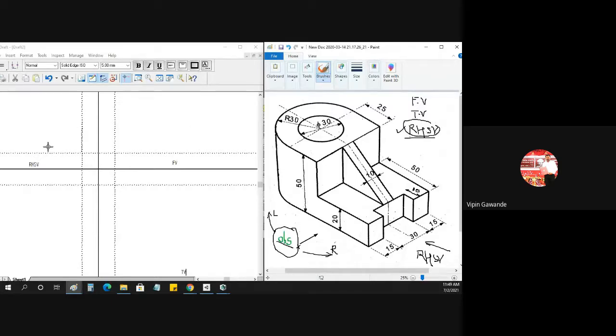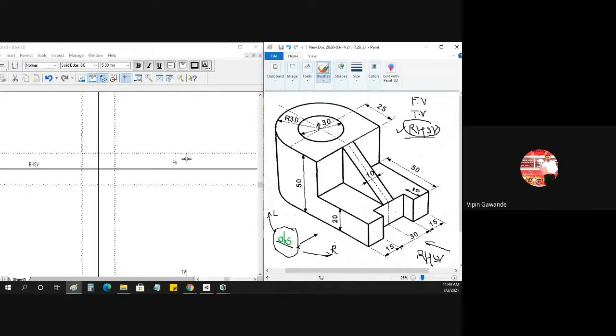Once you have put the side view, the remaining two views are the front view and top view. So that is just the simple thing. Now suppose in this problem the left hand side view is asked. The left hand side view, left is there, so we have to draw it on the right. Then these two will shift to the other side, so the front view and top view will come here.